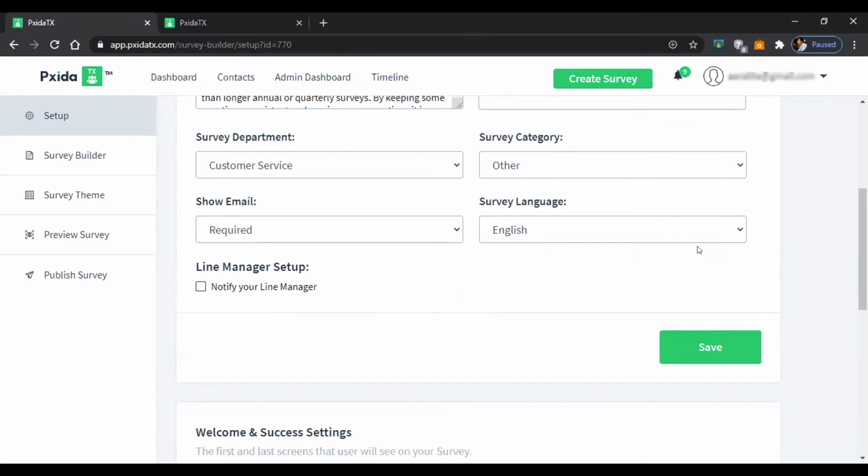I'm keeping it as English. So this is a notify line manager. So this is basically